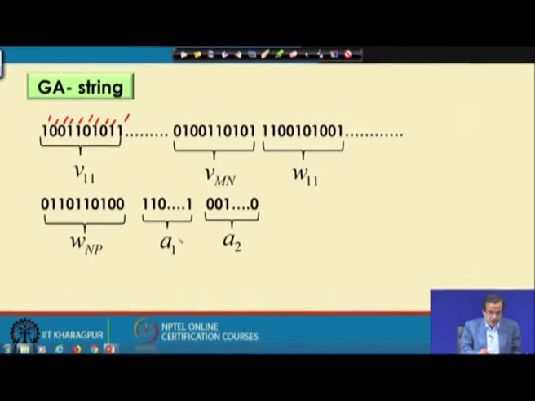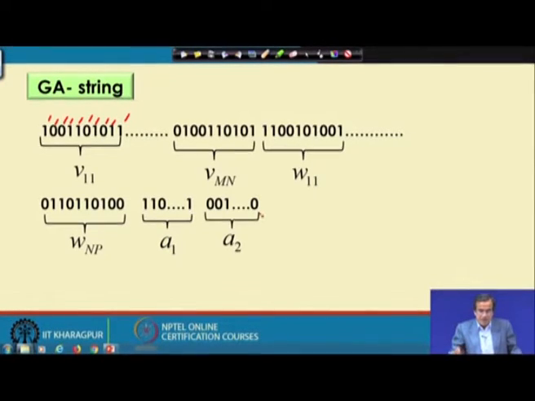And similarly, to represent the coefficient of transfer function, a1 and a2, I am using a few bits here. Now, if I add them up, this particular GA string will be very long, and as you know, if in the binary coded GA I have got a very lengthy string, it is going to give some sort of problem, and that problem I have already discussed, and that is known as the permutation problem.